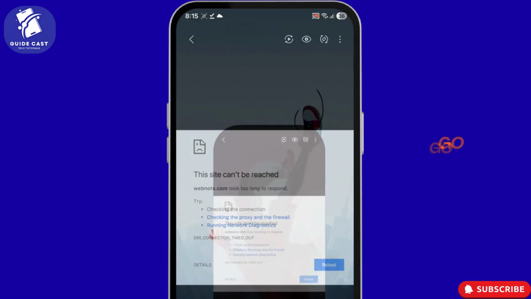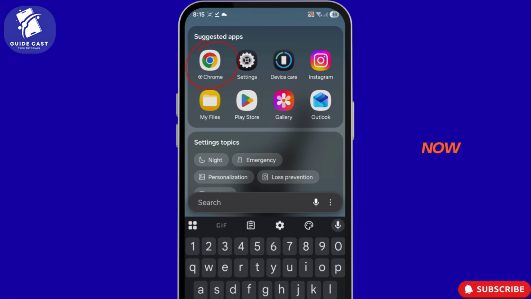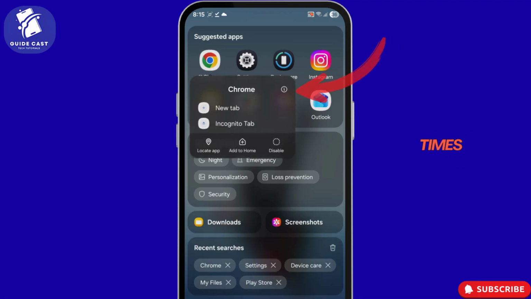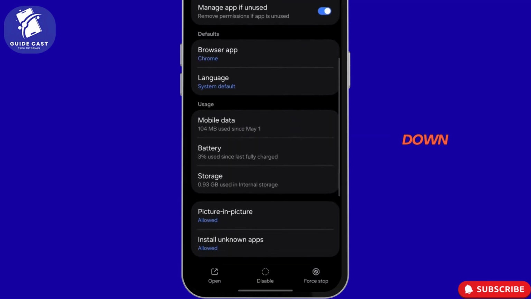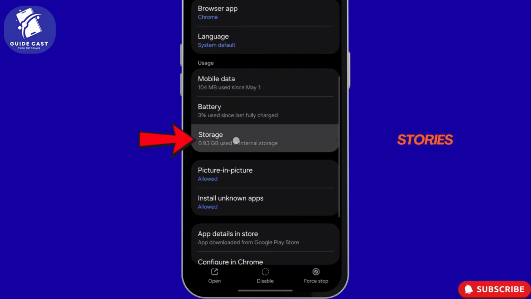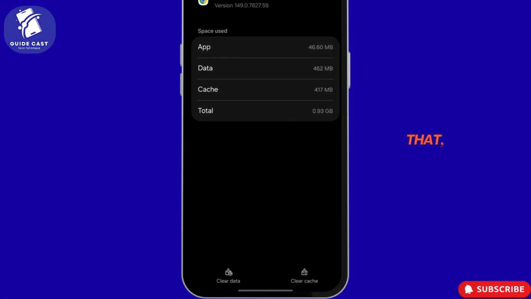What you need to do is go to your Chrome app. Now hold on to the Chrome app for some time and an icon bar will open. Click on that and it will lead you to the app settings. Now scroll down a bit and you'll find the storage option. Tap on that. After you tap on that, you'll see app data, cache and the total storage it has occupied on